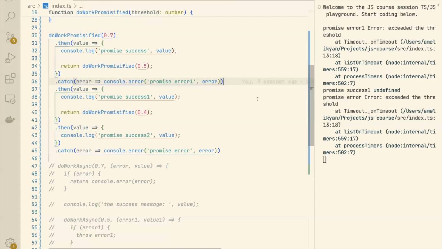Cool. Now, as you can see, the error in this, let me see, was it the first one? Okay, I cannot tell. So there was an error either in this first call or this second promisified do work call. And as you can see, that error was handled by line 36. Why? Because it says promise error 1